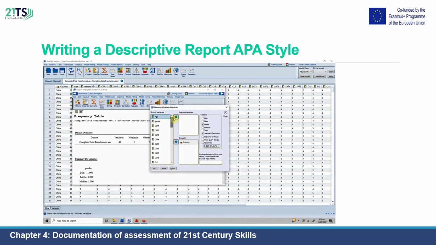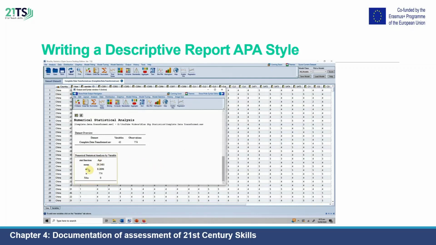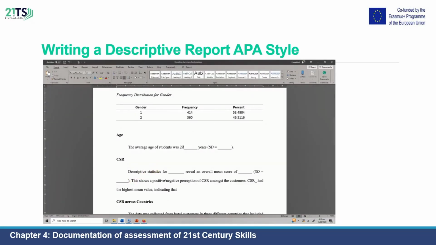So select it from source variable, add it into selected variables. I'm not interested in grouping the variable, so just put it back. I'm interested in mean and standard deviation. Press OK. So the mean is 29.45 if you round it off. 29.45. And the standard deviation is